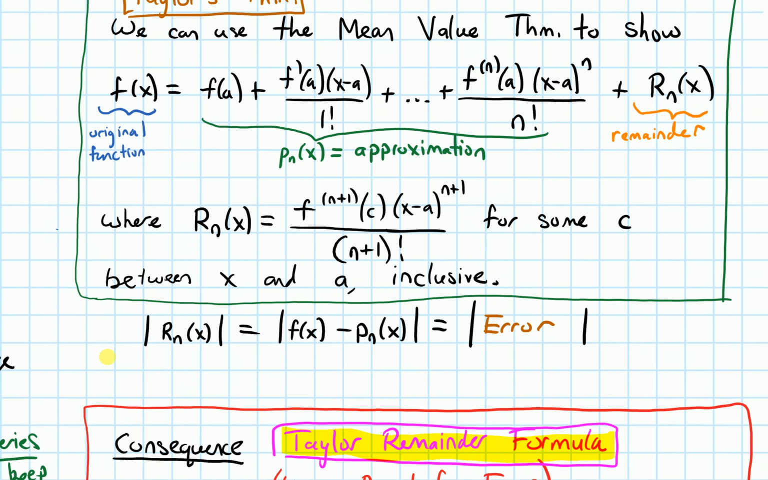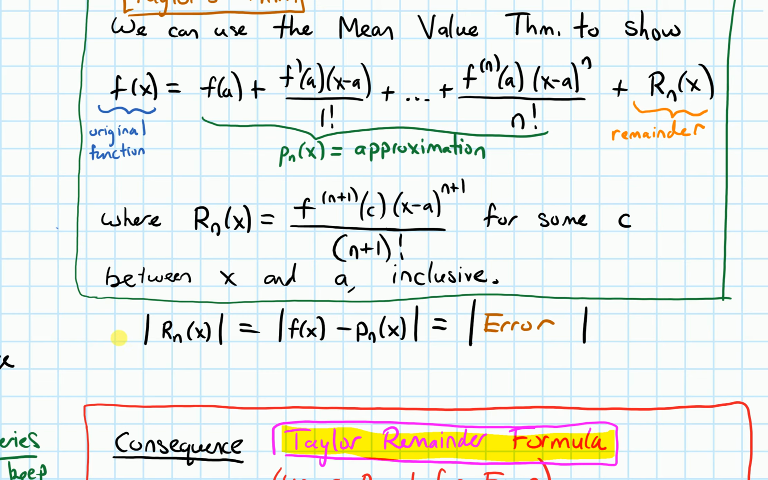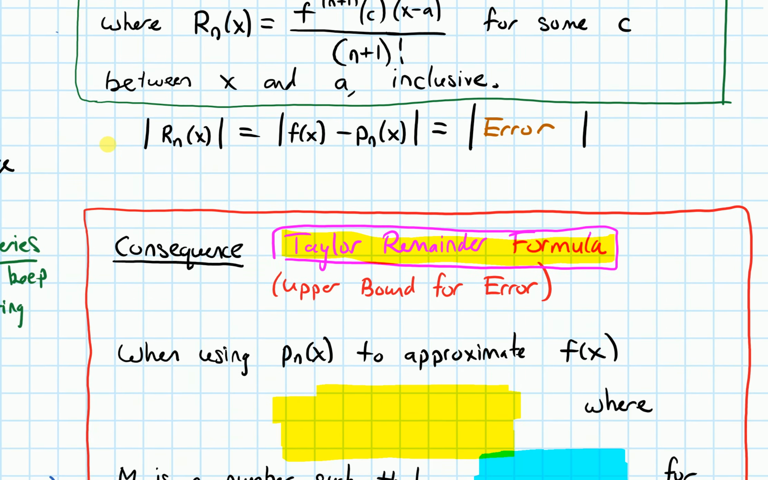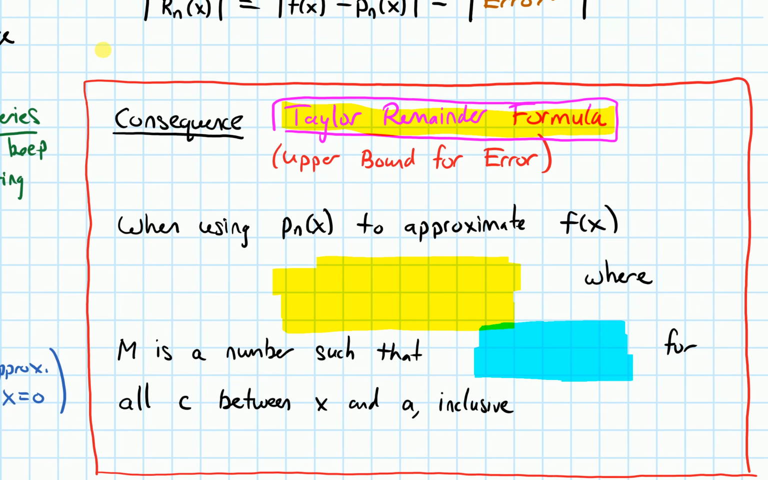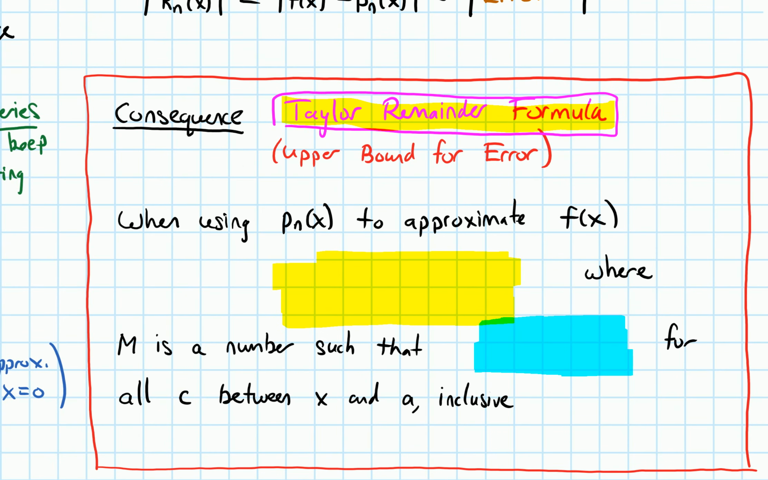The key consequence of Taylor's theorem is the Taylor remainder formula, and this will give us an upper bound for error. The context is when we use the nth order or nth degree Taylor polynomial, Pn of x, to approximate our original function, f of x, the absolute value of the error is less than or equal to the absolute value of M times x minus a to the n plus 1 over n plus 1 factorial,